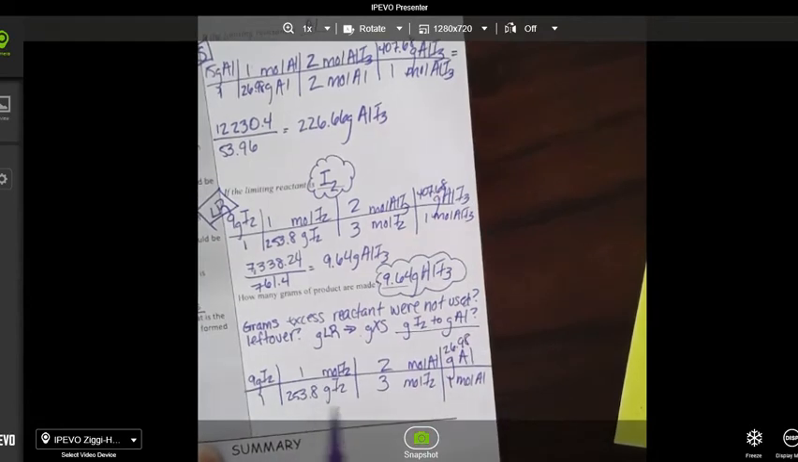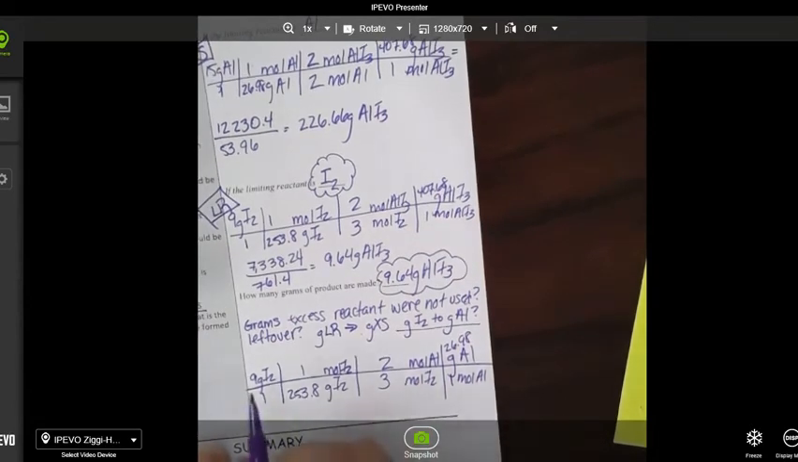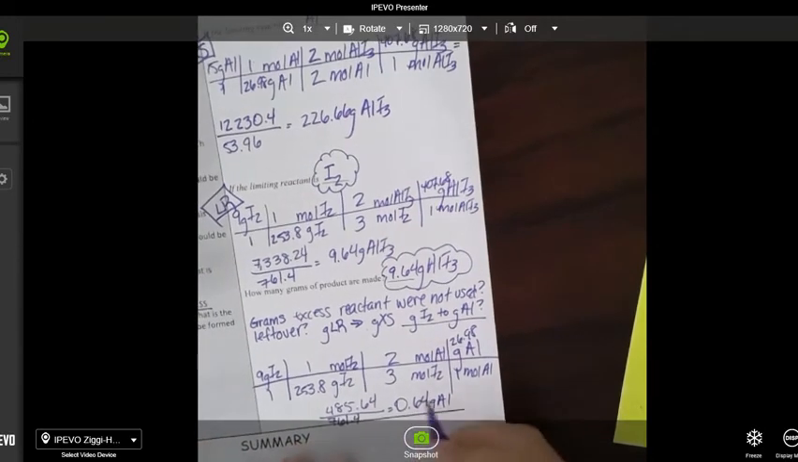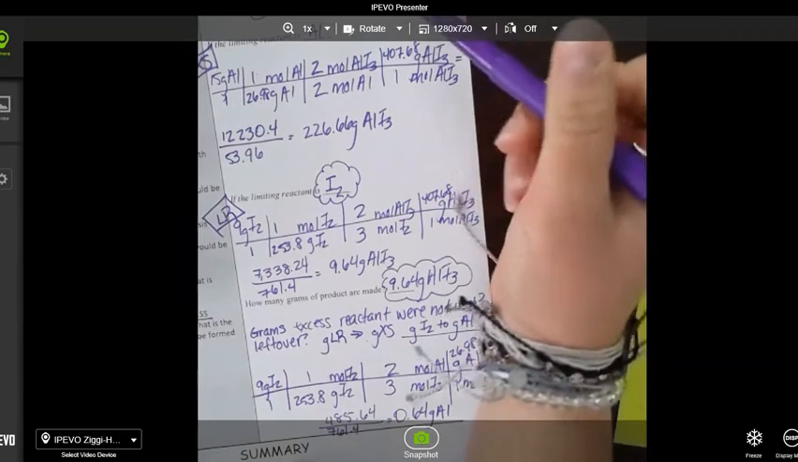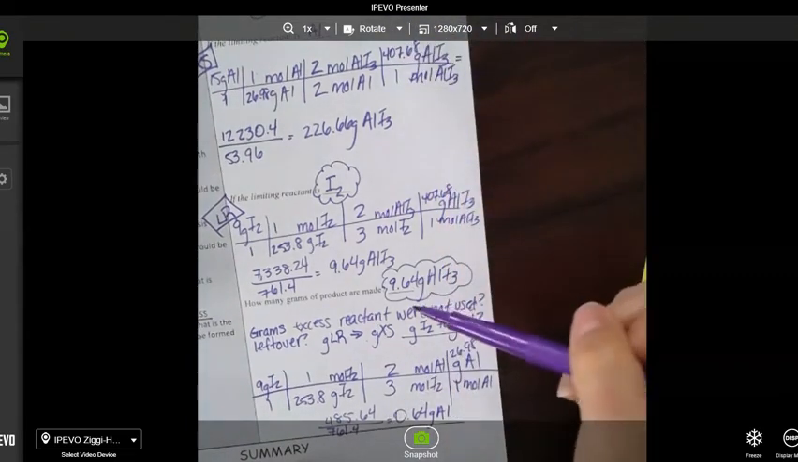So just like I was doing before, multiply across the top, multiply across the bottom. So 9 times 1 times 2 times 26.98 gives me 485.64. And 1 times 253.8 times 3 times 1 gives me 761.4. So when I do this number divided by this number, I get a really small number, which is 0.64 grams of aluminum. So what this means is that this is all I need. So 0.64 grams of aluminum is all that's needed to react with the 9 grams of iodine to produce 9.64